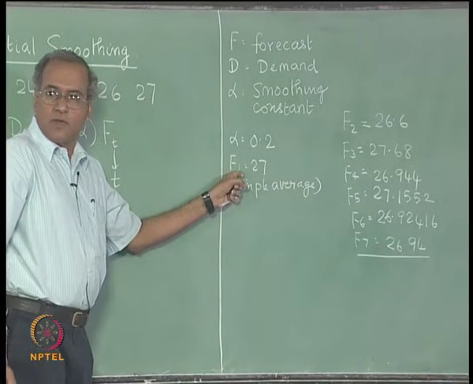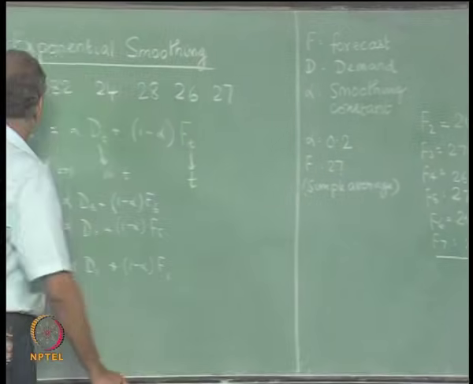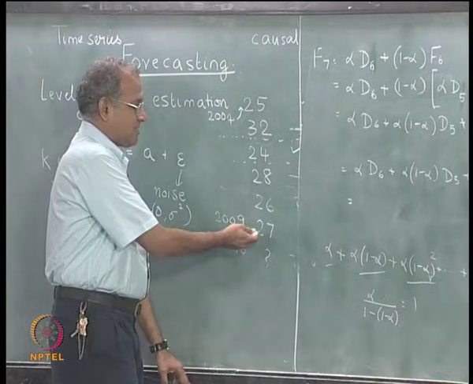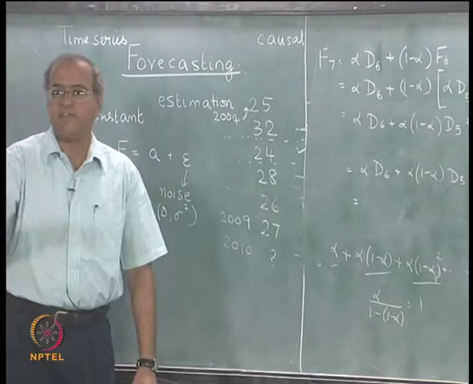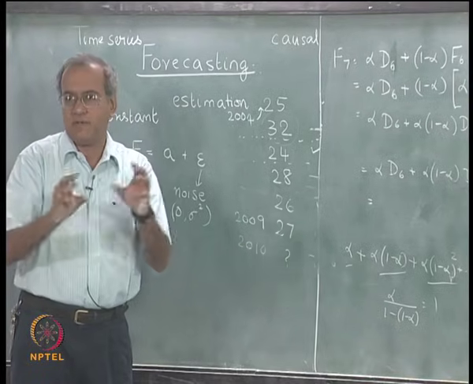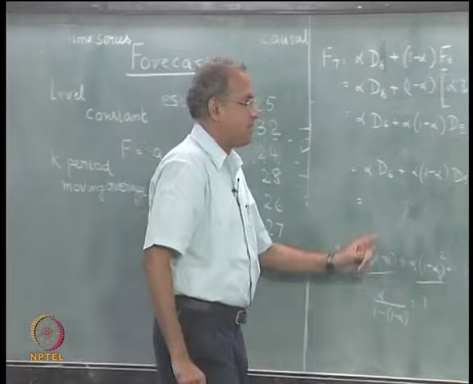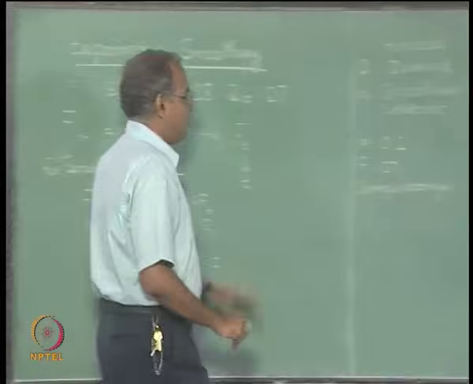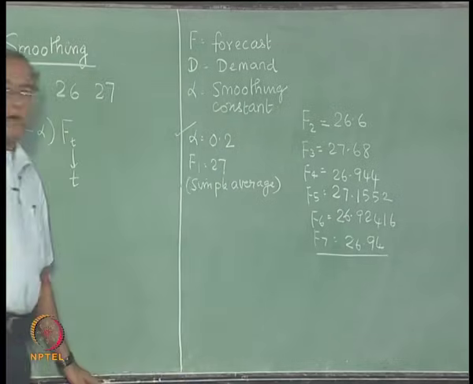Therefore the initial value of forecast can be taken as 27, which is the simple average. Sometimes people would take the last of the values as f1, which also happens to be 27 in this case, but then even if we take 26.5 or 26.35 or whatever, as long as it represents adequately another measure of central tendency or average, the effect of this f1 is not very high. So in a way we can say that f1 equal to simple average can be accepted, but we have to spend a little more time on this alpha.